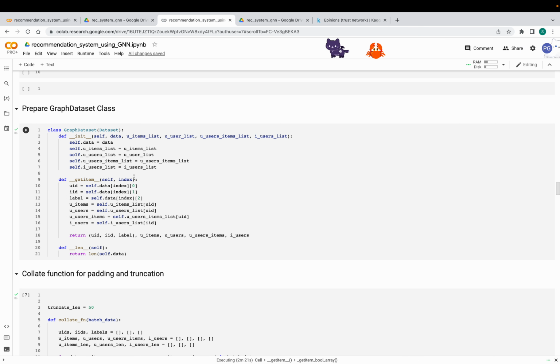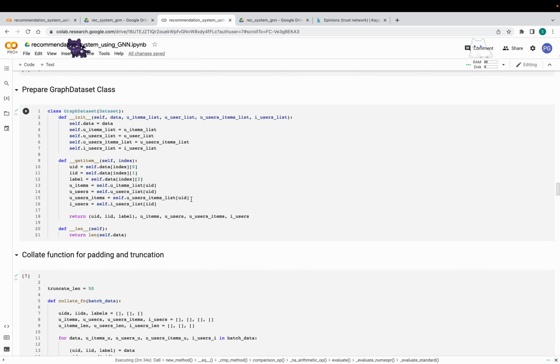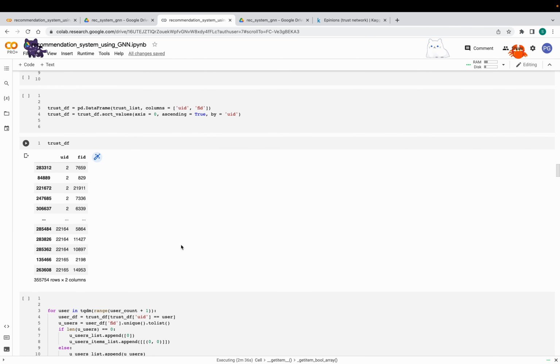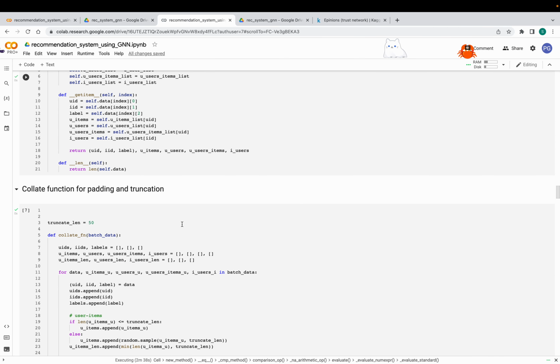Here I have prepared a basic graph dataset class, where the user item list, user list, and the users item list are also taken. After preparing the graph dataset class,